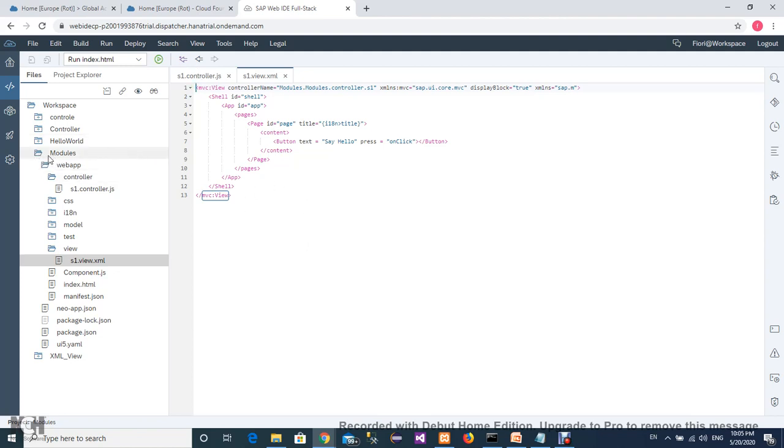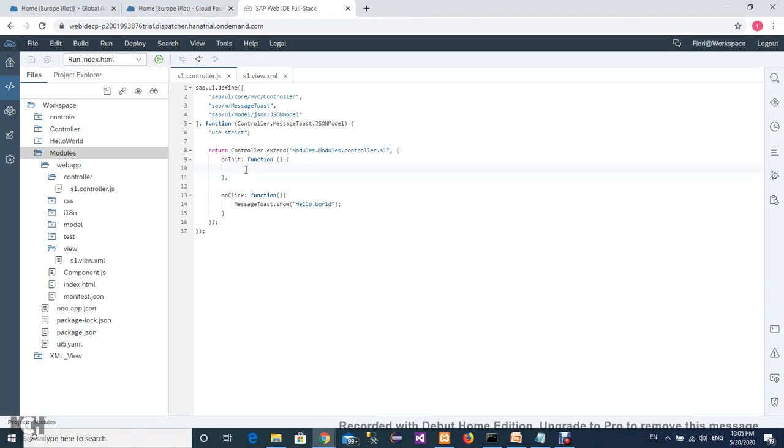I am going to discuss this topic in the last modularization project. So go to the controller. Here first we have to give that library, sap/ui/model/json/JSONModel.